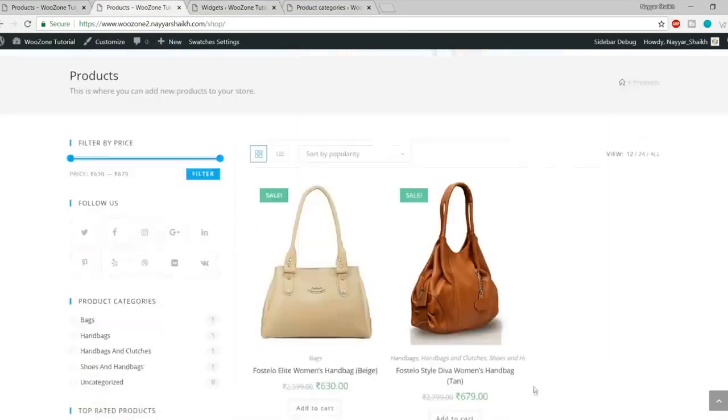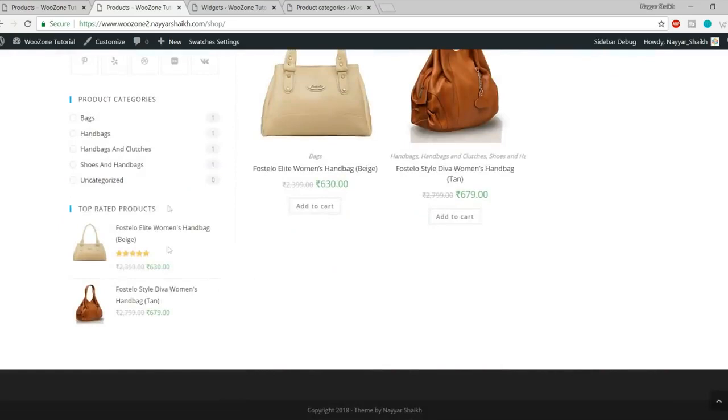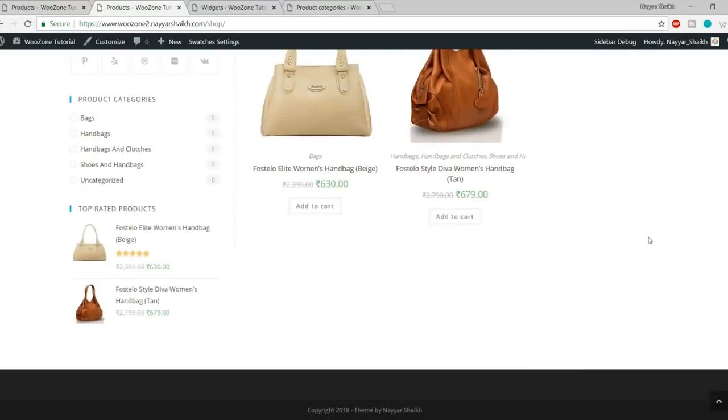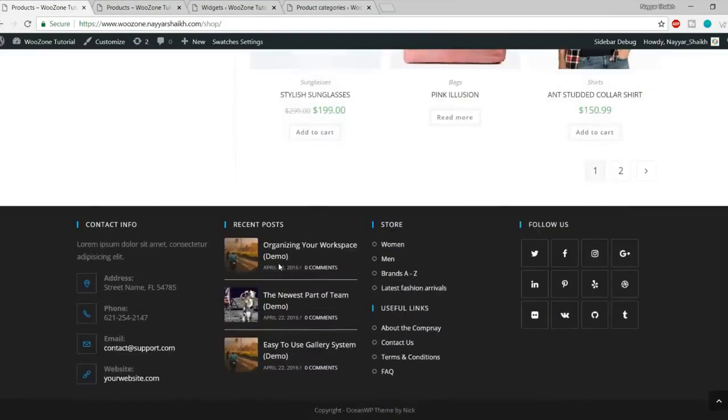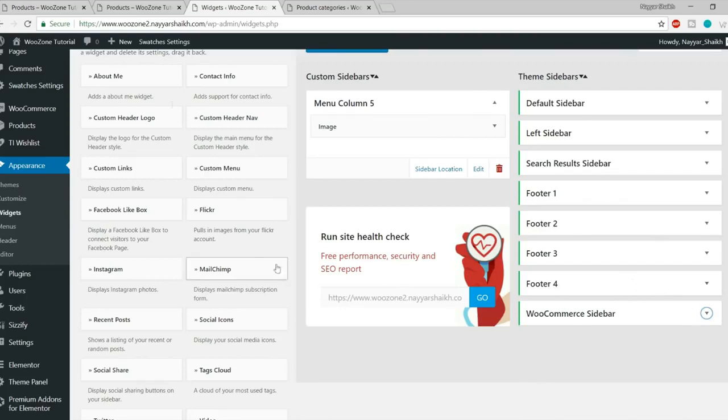Okay, so with this we have also completed the shop page, how you can display the shop page and different sidebar for this one. Okay, now let's do the final thing, which is to change the footer widgets. We have some widgets used in the footer. Let's add these widgets. Okay, so again, in the same page under the footer one, what we'll do first